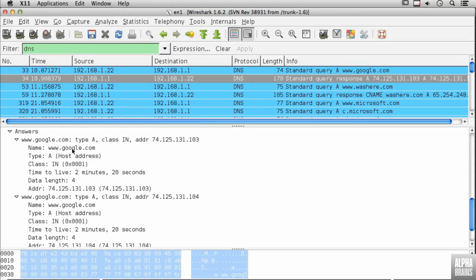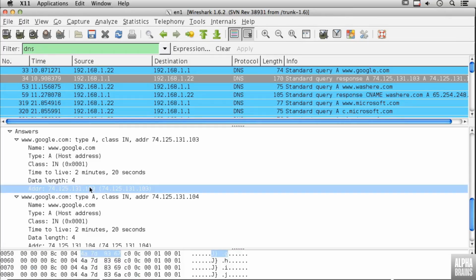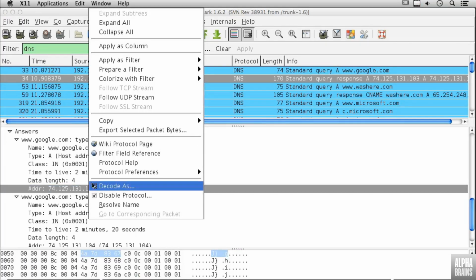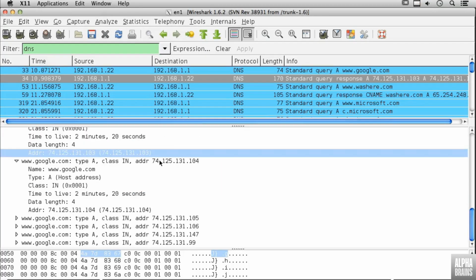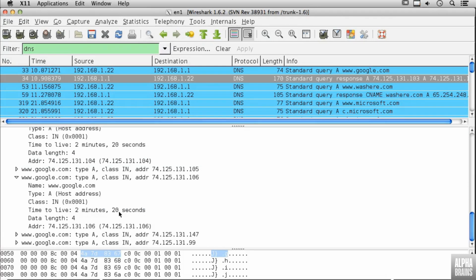So I've got the name, and it's an A record. I've got a time to live, which means this is how long this data is going to be considered good before you really need to ask again. The data length is actually 4 bytes. I'm going to copy this value here because I'm going to do a reverse lookup on it. So you can see all of this information, and this is all of the different IP addresses that match this